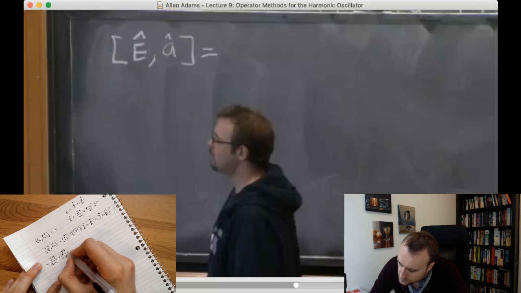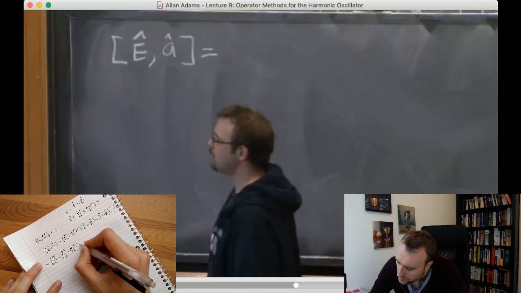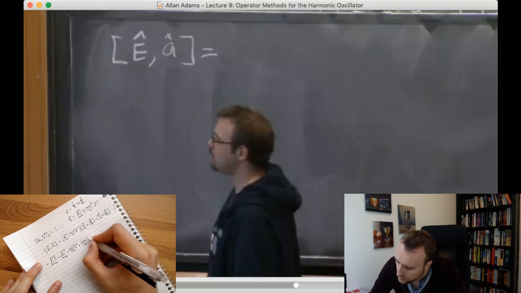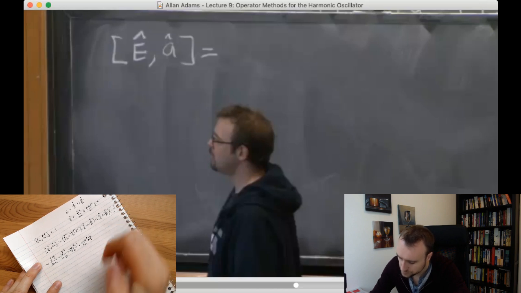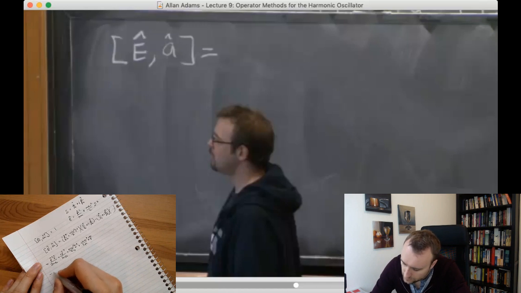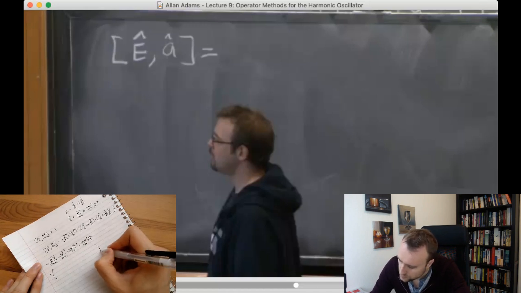We have m omega squared over 2 x0 x hat cubed, plus i m omega squared over 2 p hat x hat squared, minus